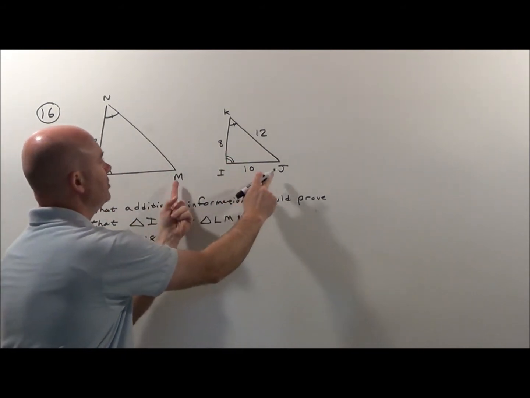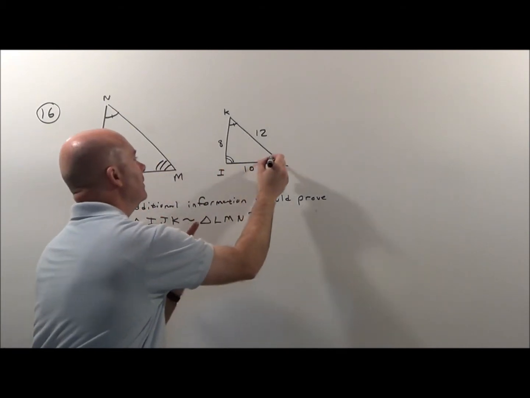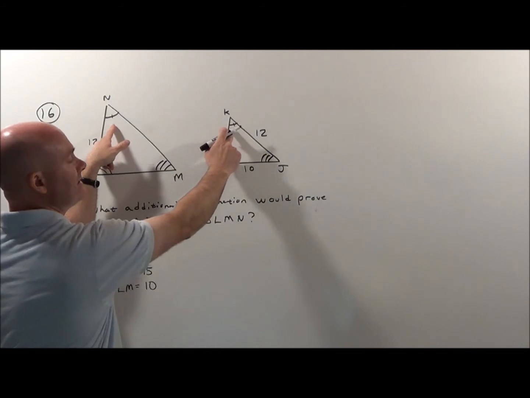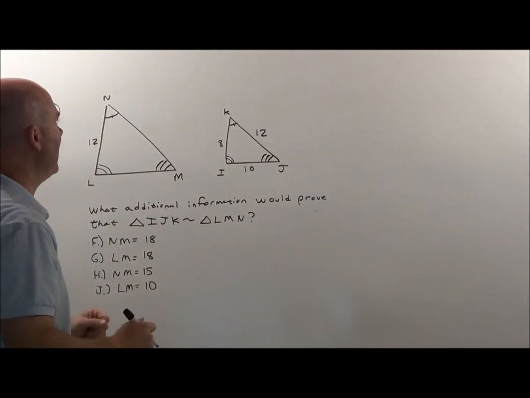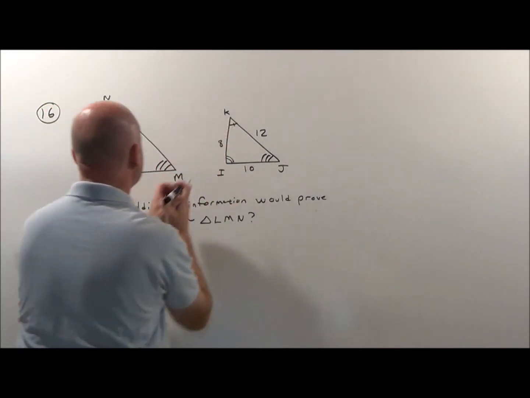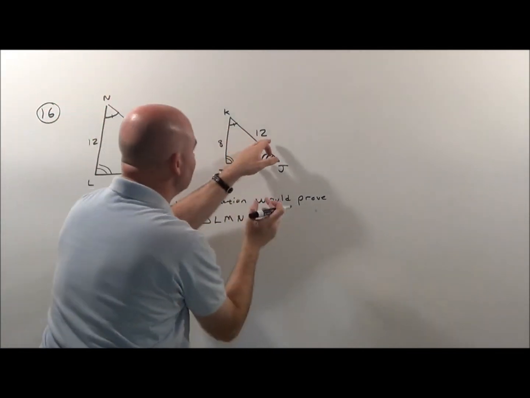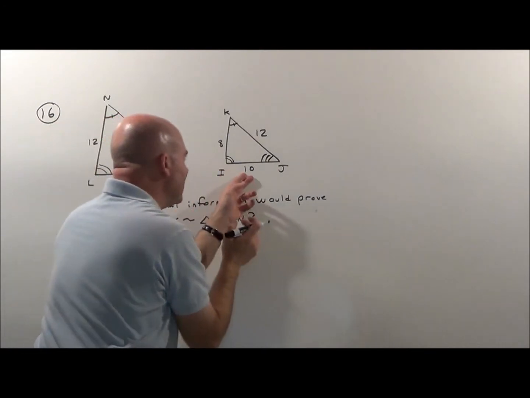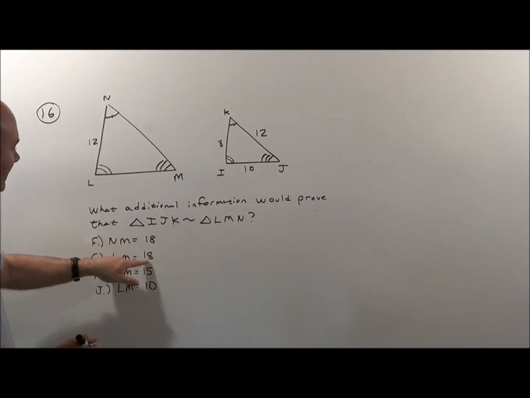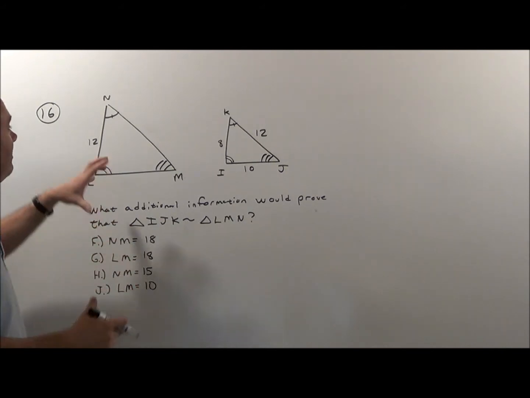J and M should be matching. And then K and N, which they already gave us in the picture to happen to be matching. So we now know 12 is going to be shrink down to 8. This side would shrink down to 12, and this side would shrink down to 10. So we got to figure out sort of, hey, which of these choices is going to make that shrink down